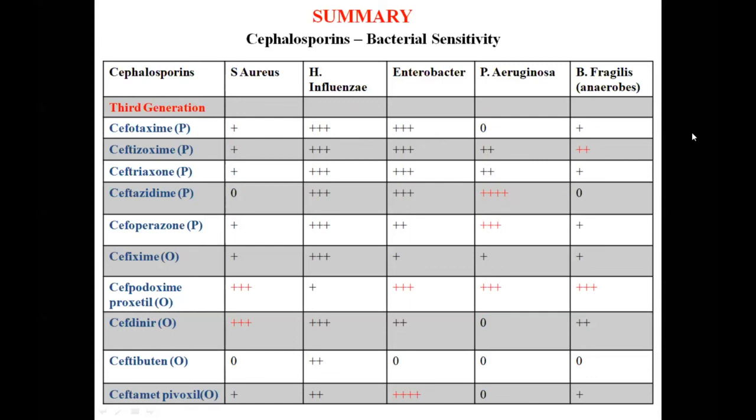And ceftriaxone has an effect on almost all the organisms. That is, the staph is also taken care of, H. influenzae, Enterobacteriaceae, as well as Pseudomonas, as well as Bacteroides fragilis. And this is also one of the long-acting preparations. Then among the oral preparations, you can see cefpodoxime proxetil. This drug is very, very effective against Staphylococcus aureus, as well as H. influenzae, as well as Enterobacteriaceae. Although this is an oral preparation, it is also taking care of Pseudomonas as well as Bacteroides fragilis. So cefpodoxime proxetil has a very good activity against most of the organisms.